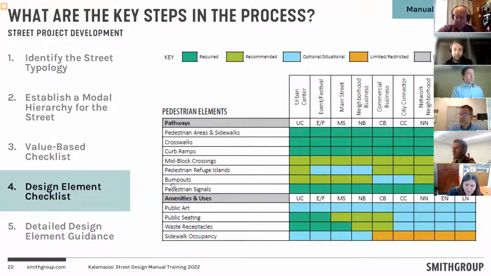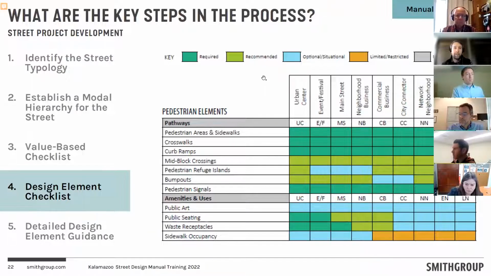And this is just the pedestrian box. There's a box for each of those different use categories: transit, vehicle and roadway, bicycle facilities, and so on. What this checklist does is list all the different elements in the design manual where there is detailed design guidance. It lists all of the 9 different typologies for streets. And then the cells in the checklist are color coded based on